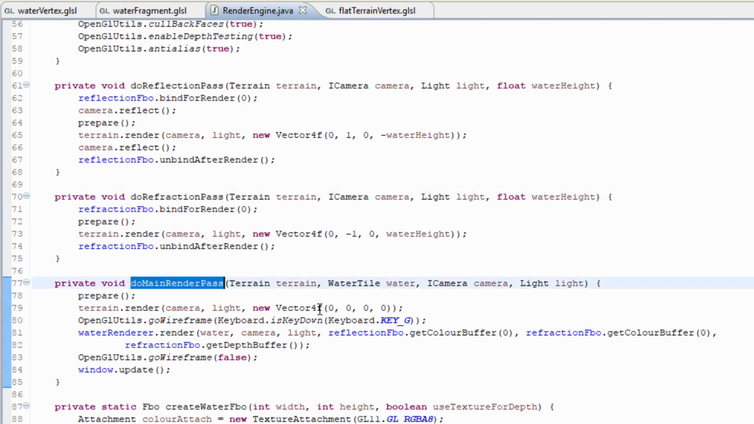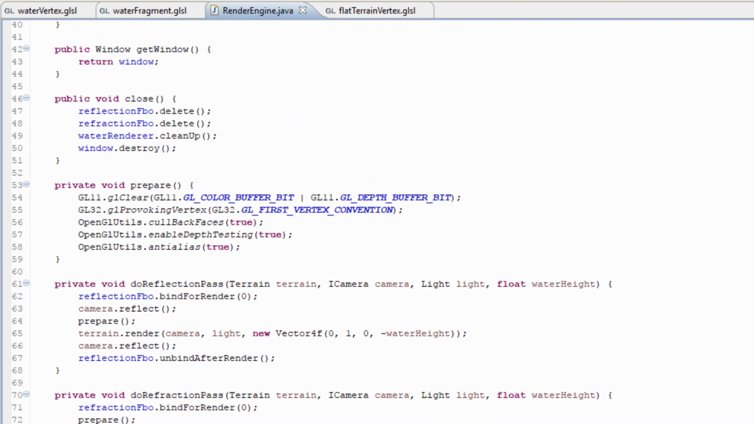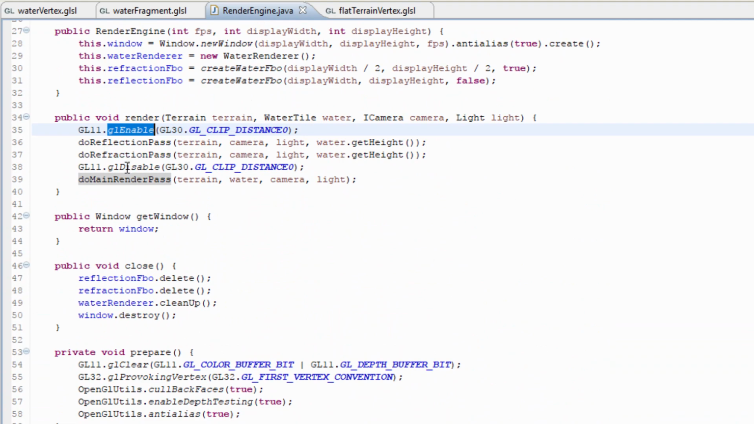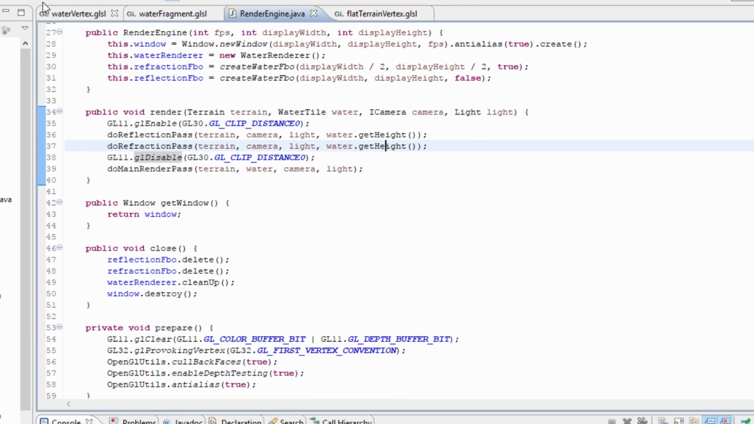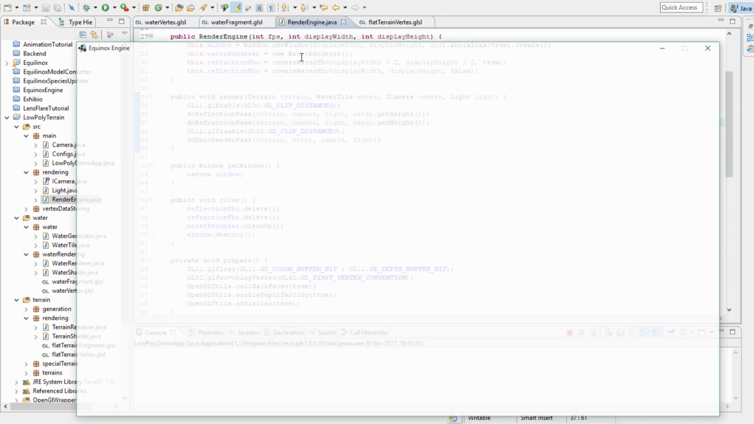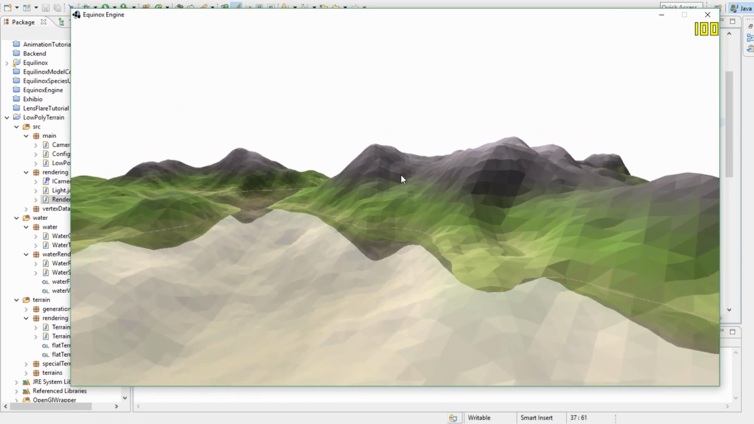During the main render pass, we of course want everything to be rendered, so we just put all zeros for the plane, and for good measure I also enabled and disabled the clipping plane before and after using it. If I go ahead and run that, you can see that it's looking a lot nicer now, but there is